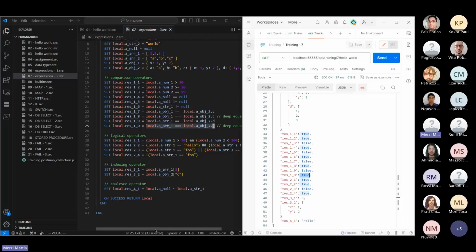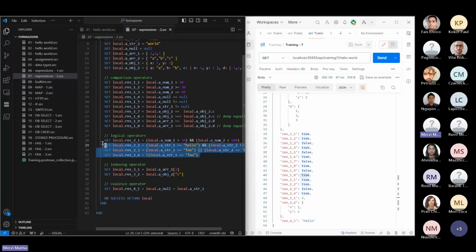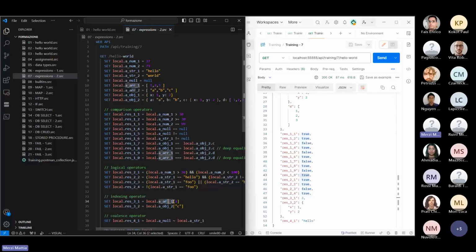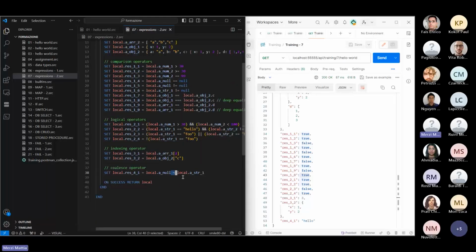Now, the logical operators and, or, and not behave as expected, so I think we can skip looking at them one by one. We can just say that we have the indexing operator, which works as in JavaScript: arrays can be indexed by integral numbers, while objects can be indexed by strings. And then there is the coalesce operator that returns the first non-null value,